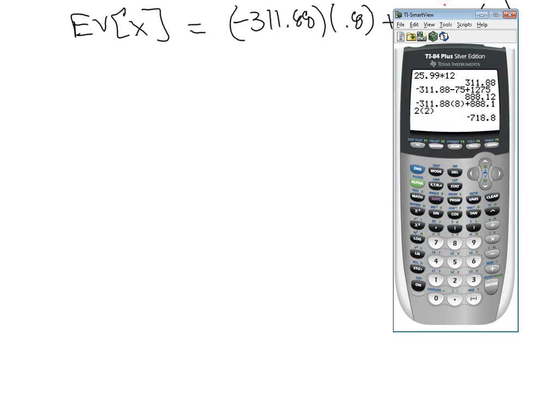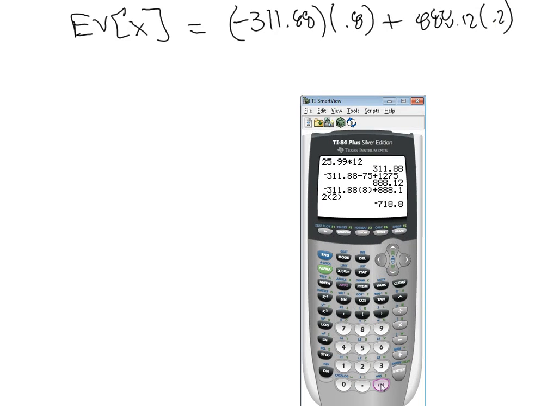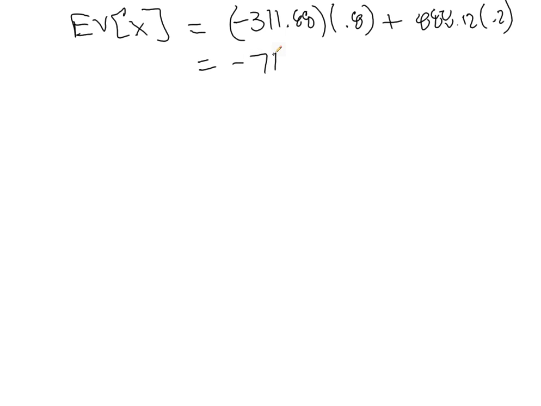When we enter this in, we should get the same answer. So we just take negative 311.88 times 0.8 plus 888.12 times 0.2. And we notice, voila, there it is, negative 71.864 is our expected value. So it's just a little easier to do it, the value of x times its probability plus the value of